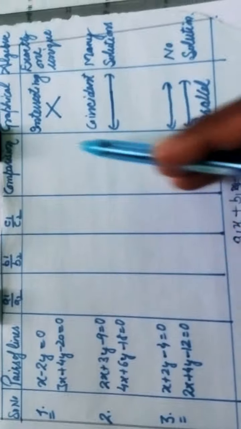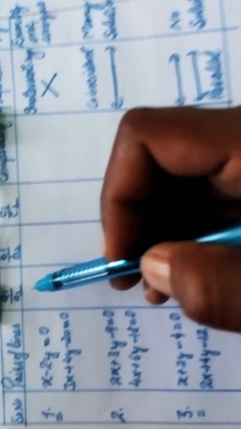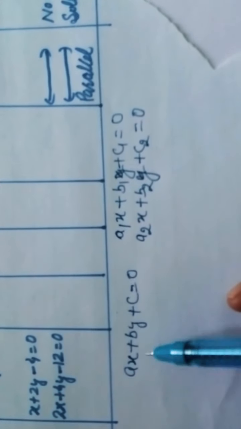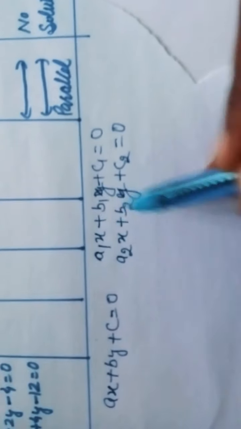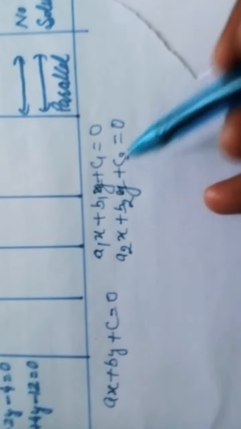Before solving this question, let me tell you something about this. This is the table already given in your book, because I have a Hindi medium book, so I have drawn this table again for you. So the first question that comes into your mind is what are A1 upon A2, B1 upon B2 and C1 upon C2? This is very simple. You know that the general form of a two variable linear equation is of the type AX plus BY plus C. Simple. But here, because we are taking two equations, definitely the coefficients of the two equations will be different.